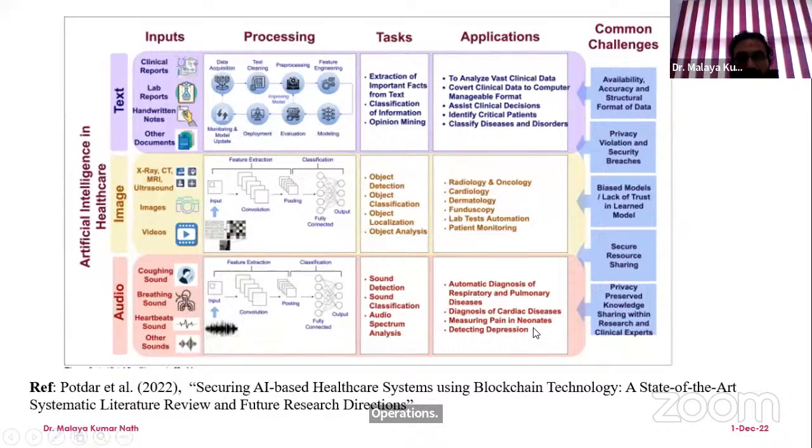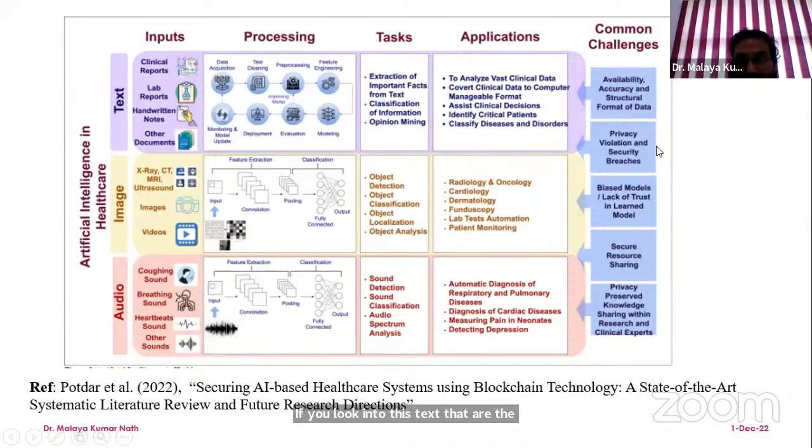If we look into the challenges that we are facing in case of EHR, that is electronic health records, for efficient analysis, the common challenges are availability, accuracy, structure as well as format. If you look into this text data, they are having different formats.